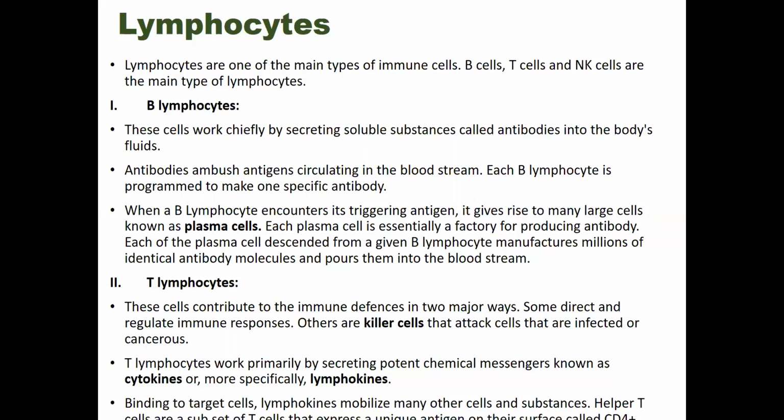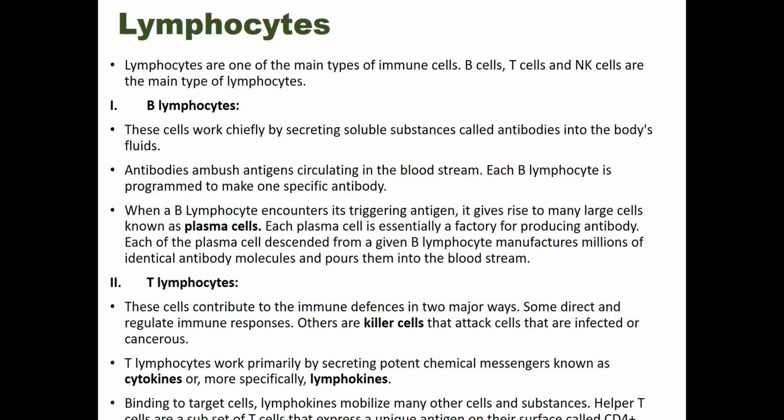So let's talk about the first one, the B lymphocytes, which are also known as B cells, the cells which can produce antibodies. These cells work chiefly by secreting soluble substances called antibodies into the body's fluids. Antibodies ambush antigens. Here the antigen means any kind of foreign particle. It can be chemical substances, it can be virus, bacteria, fungi, whatever. Anything which is not mine is called a foreign invader. So antibodies ambush antigens